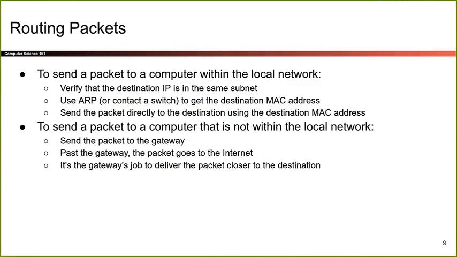And now it's no longer your job, but it's the gateway's job to find out where Bob is, or if the gateway cannot figure out where Bob is, at least take the packet closer to Bob. And eventually, if this packet hops across enough routers and enough local networks, hopefully it'll get close enough to Bob that it will find Bob's local network. And then Bob can say, yeah, that's me. And then the router will send the packet locally to Bob. So again, you're just hopping closer and closer until you hit Bob, and then you can send it directly to Bob. Okay. So that's how you route a packet.